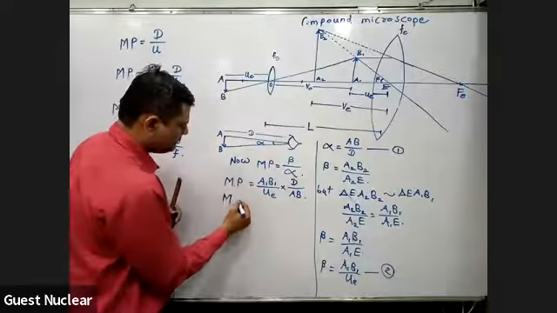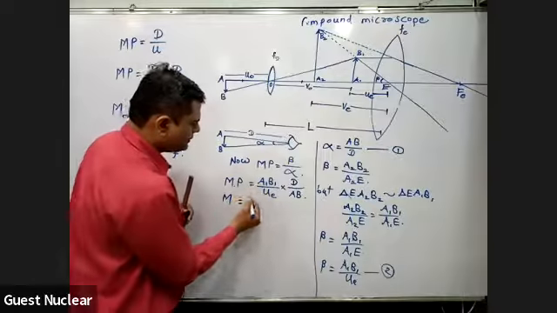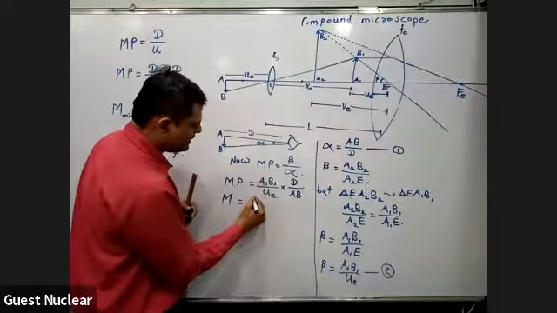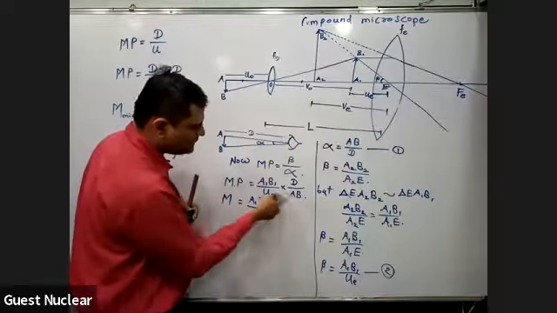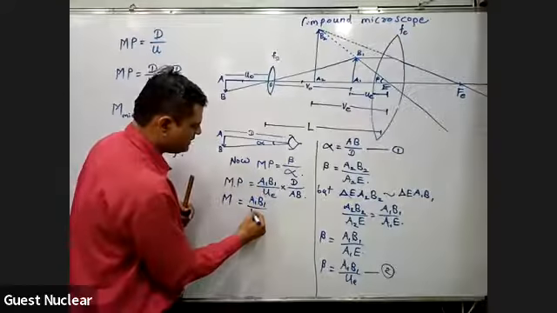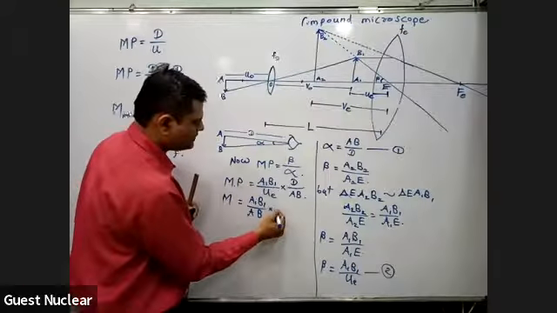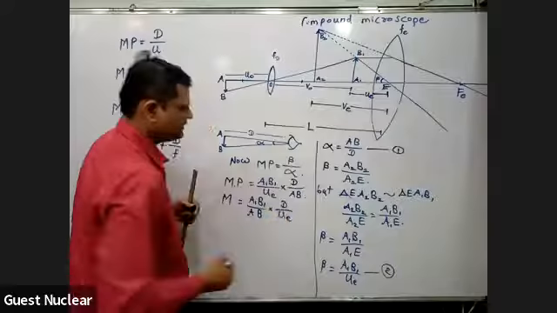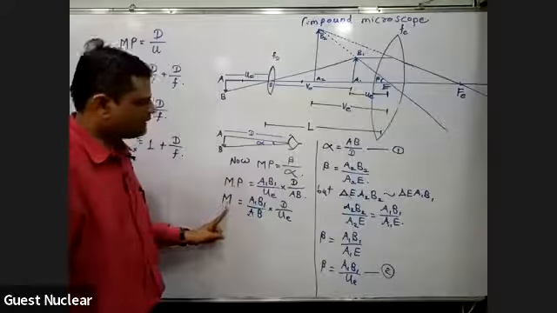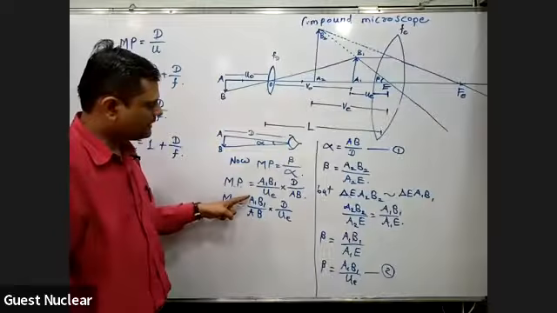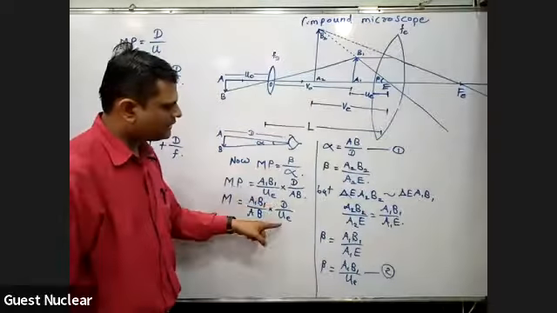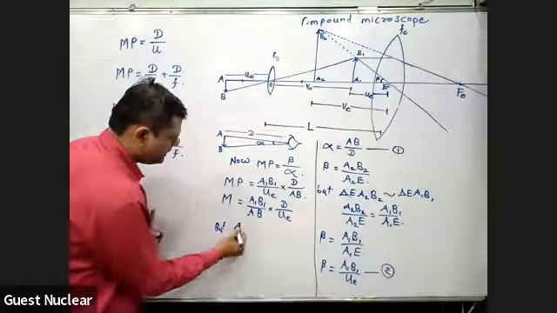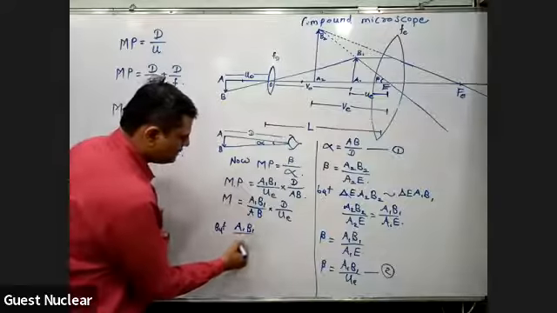Okay, so that means we can write the magnifying power of this compound microscope to be simply equal to A1B1, we can shuffle this a bit. So we will write A1B1 upon AB, bringing AB below A1B1, and that is to be multiplied with capital D divided by UE. So we get that the magnifying power of this compound microscope is simply A1B1 upon AB multiplied by D upon UE. But if we see carefully the A1B1 upon AB, what is this called?